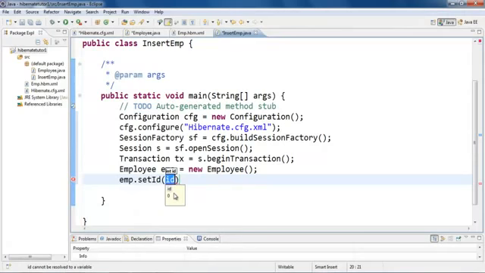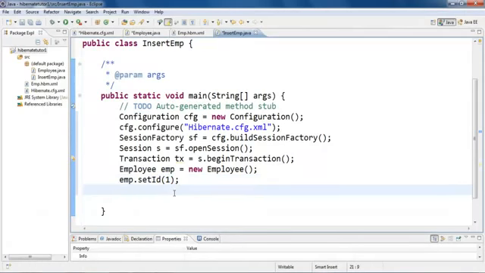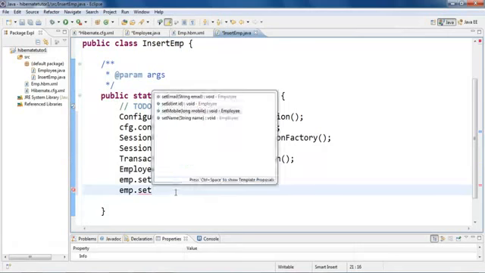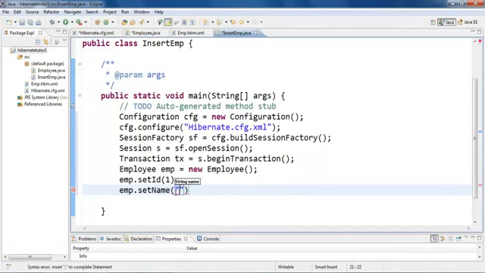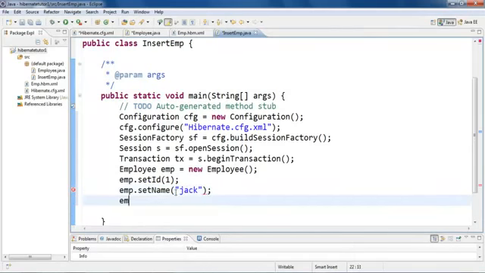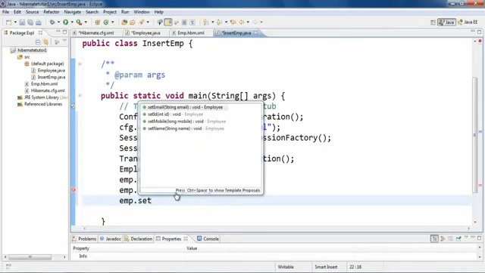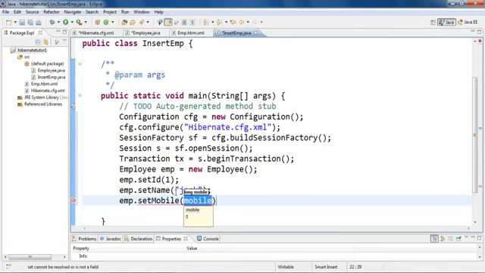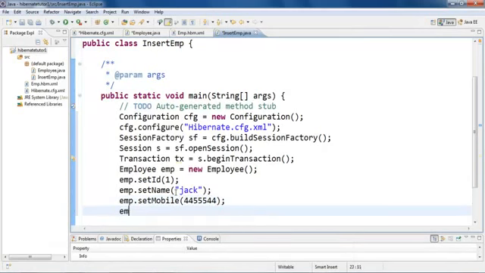Now this id I'm going to keep as 1, then emp dot set name, Jacob. Alright, let's say name Jack. Alright, Jack. emp dot set mobile, that's 4445544. Alright, emp dot set